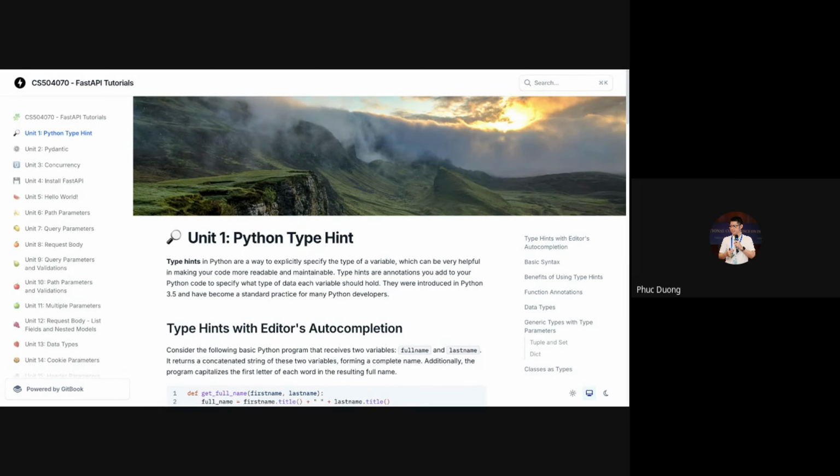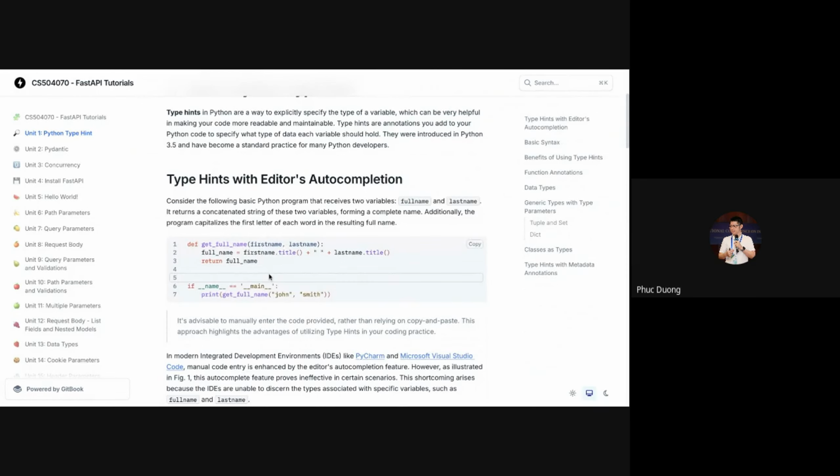Okay, so we go to the first unit in FastAPI, which is about Python type hint. In Python, the programming language allows you to implement a function, implement a program, and in that program you can define any variables without explicitly defining its type.